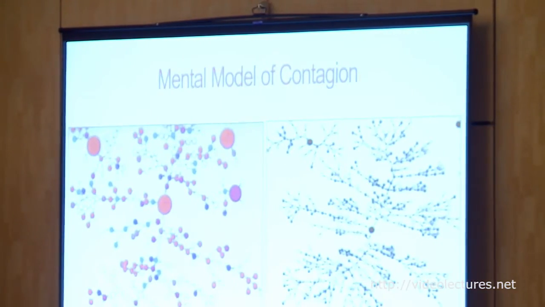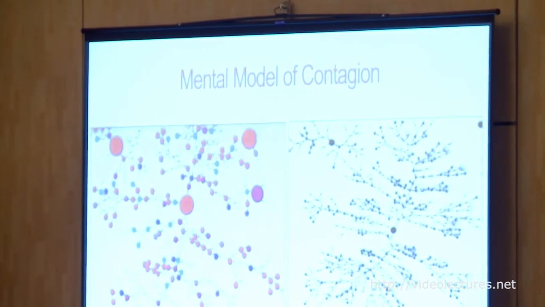I won't belabor the point, but when people who work on this from the modeling side think about social contagion, or really any kind of contagion, this is the mental model that we have in our minds. And this mental model comes from biological models of disease spreading, where an individual, a single person, like the red